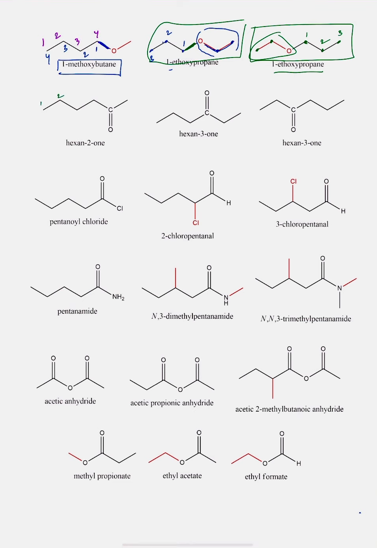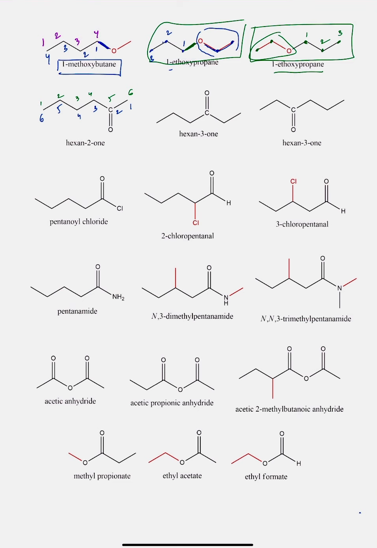If I try numbering the structure from the left, or alternatively from the right in blue color, I must choose the numbering which gives my carbonyl carbon the lowest number, because the functional group should get the lowest number. That is the rule. So the blue is correct and the green is wrong, and according to the blue, the name of the compound is hexan-2-one. All the ketones end with -one, and the carbonyl carbon, wherever it sits, gives the number that comes before -one,